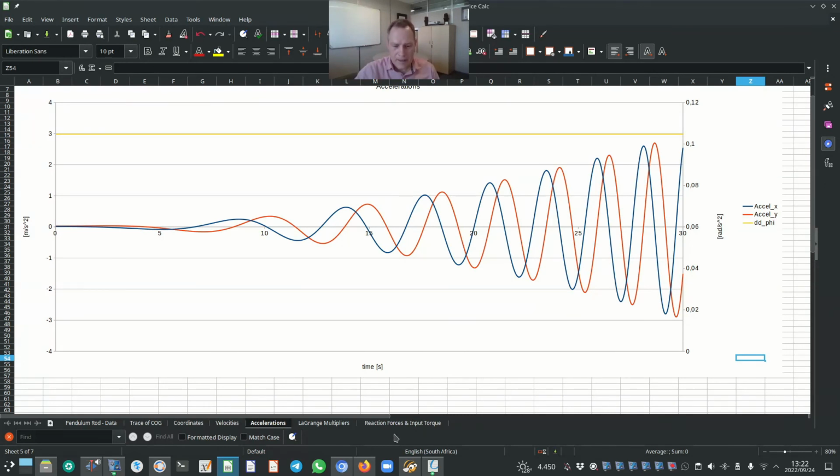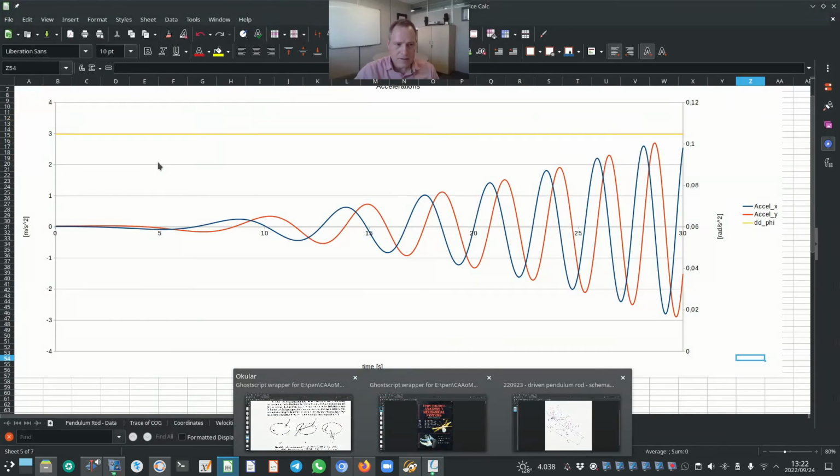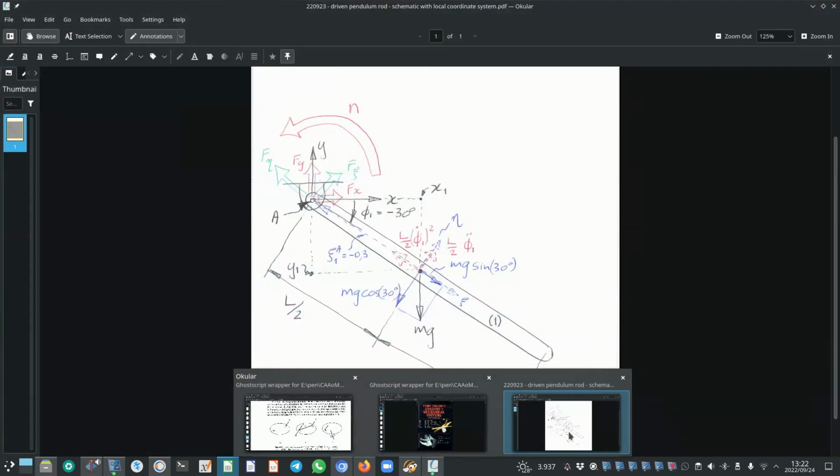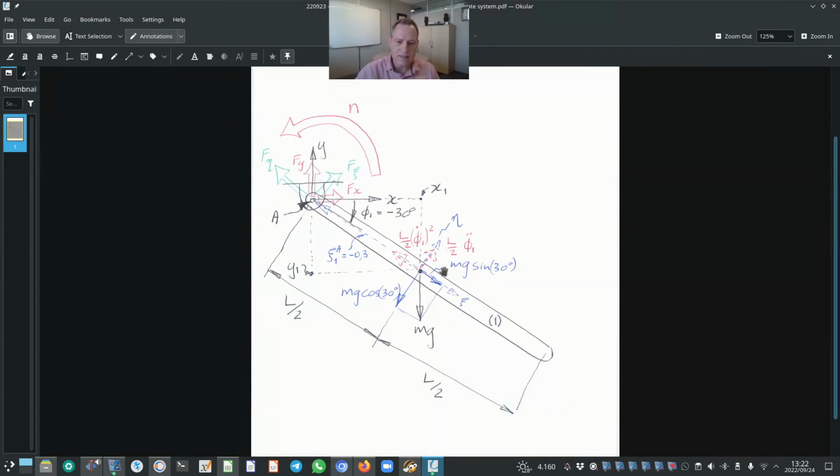Now, if we look at just this graph quickly, we specified, as you know, a constant angular acceleration as an input for this driver function. And looking back at this hand-drawn schematic that you see on the screen at the moment, it makes sense intuitively also. If we do a sanity check, we've calculated this input torque as an oscillating input torque,